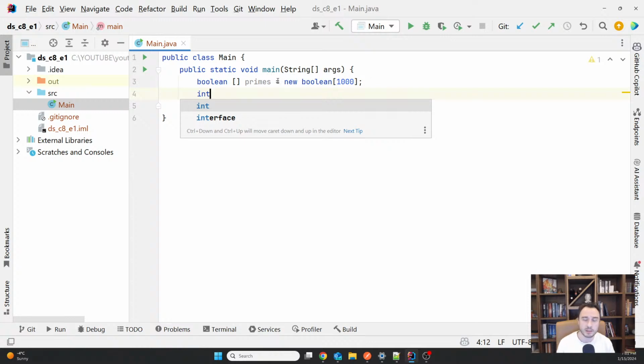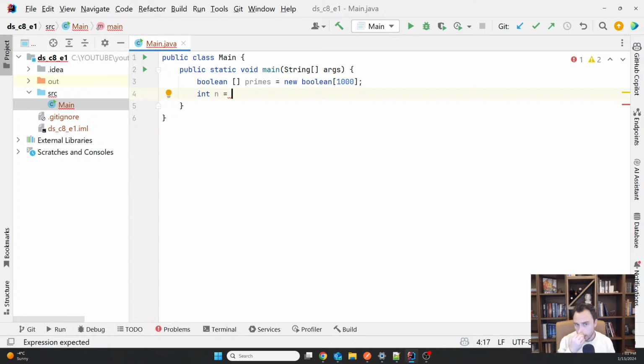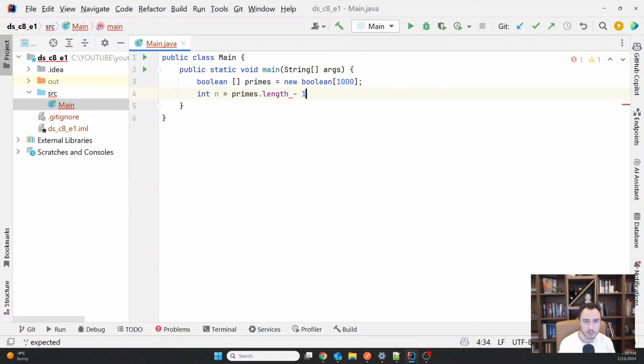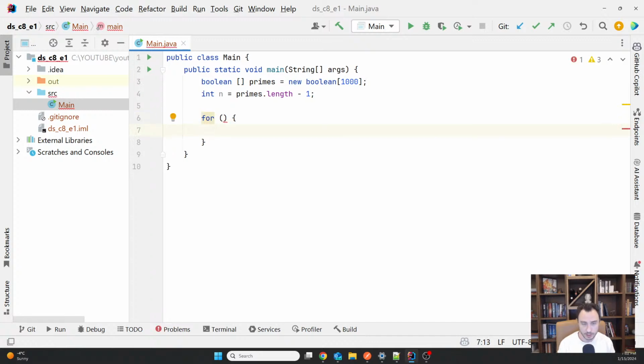And in an array starting from 0, the last index will always be n minus 1. That's why this n, which will be up to the number we are looking for, is actually the primes length minus 1, because if you don't cut out that one, you will end up with an array index out of bounds exception in Java, no? So what I'm starting with is I'm going through the entire array,